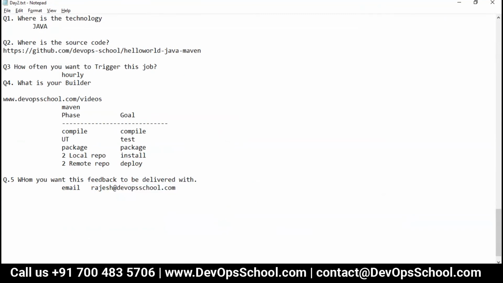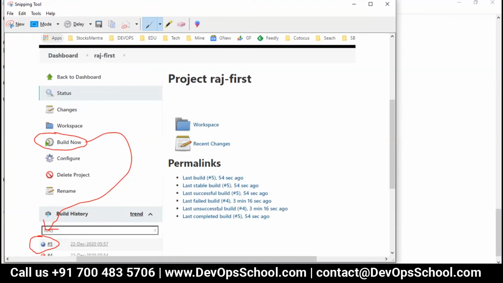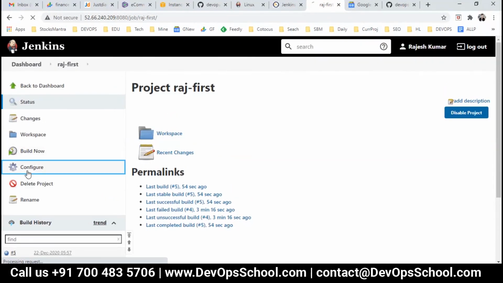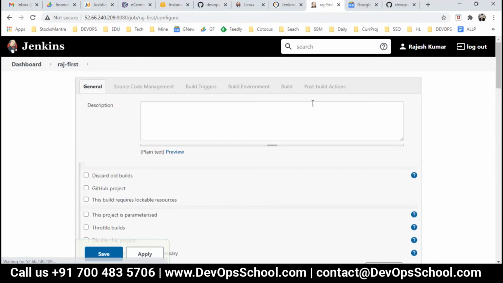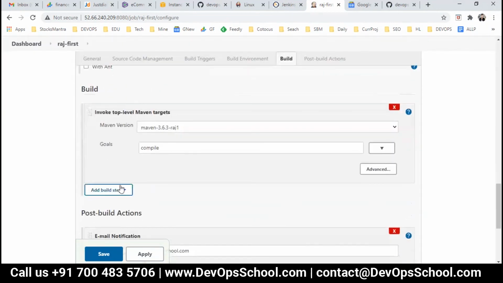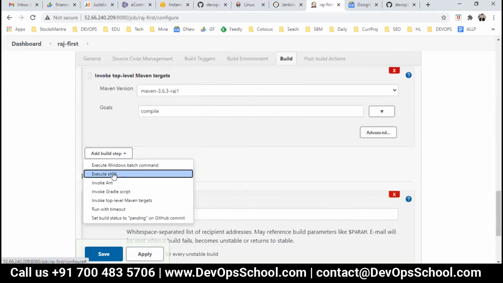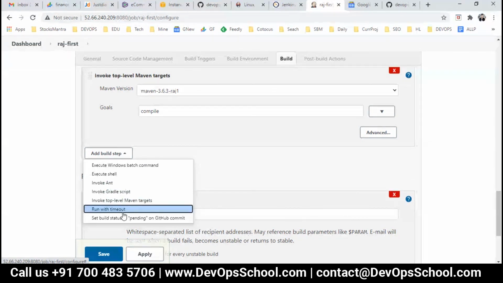No. Okay, so Rajesh, now one question actually. Can we look into the build actions, the different options of the build actions? What all is there, and if you can explain those also. So in build actions, you will find only builder. The more you install, the more add build step. Builder: a shell script you want to execute, do it. Windows script you want to execute, do it. Gradle script, Ant script, Maven, some timeout options, and then GitHub stuff.